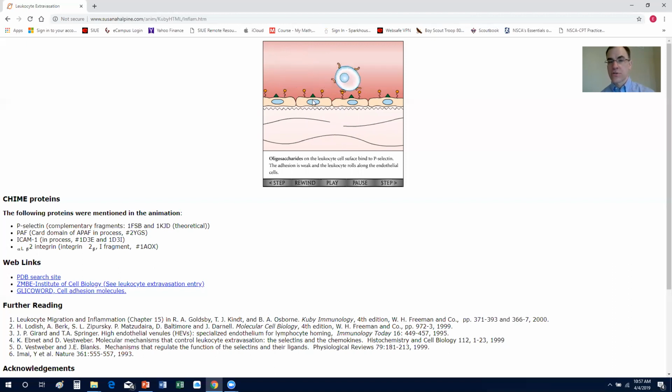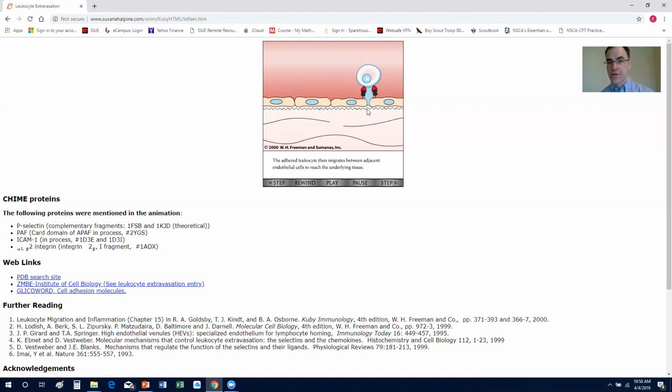And now it's going to roll and it's going to roll, and then it's going to stick due to the VCAM1 and ICAM1. And there's those integrins here that we talked about, those arms that stick out from the monocyte. And you're going to see in just a moment how they attach to the ICAM1. And then there's that sticking that we just talked about in the previous slide. So now the monocyte is stuck, it's stopped, and then through transmigration, meaning it goes through the coronary artery intima